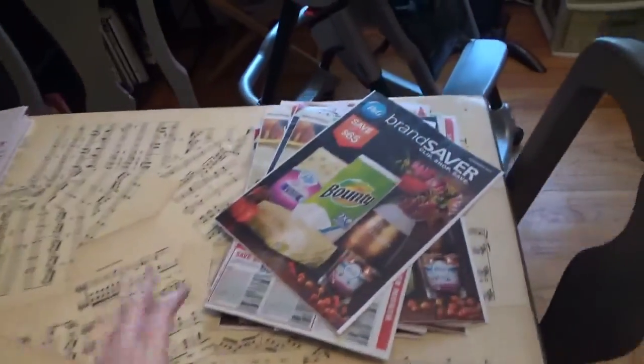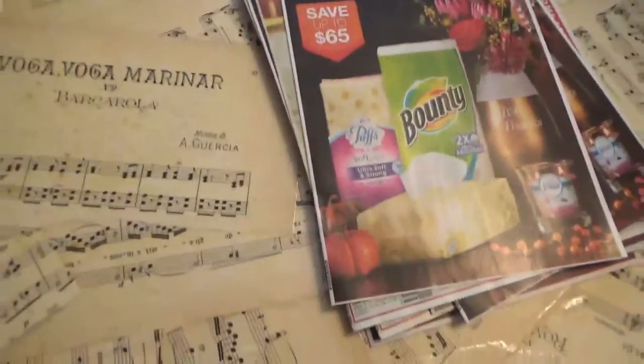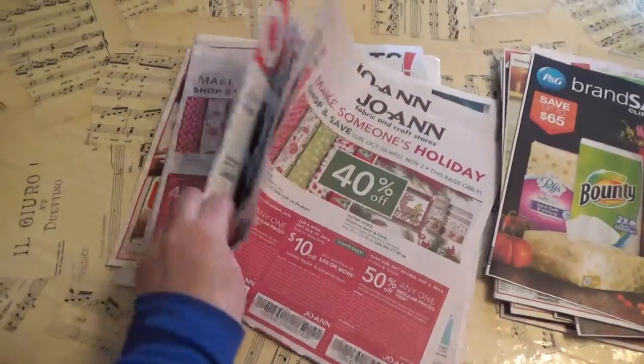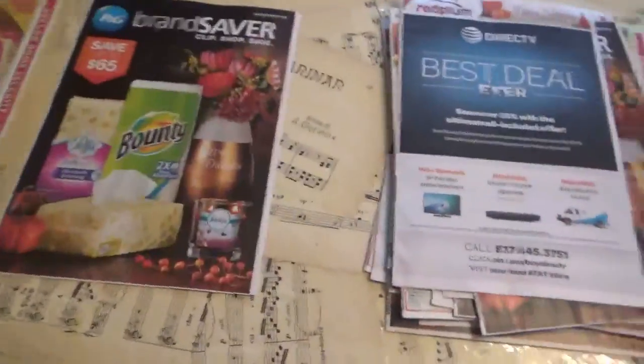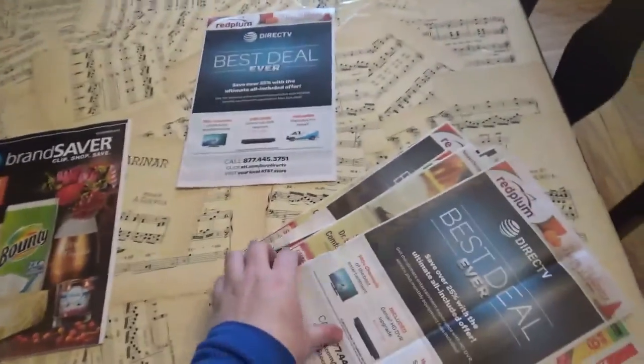Okay, so I have taken out all of my inserts, and I have them in a big stack. Also, I just wanted you to see, I do save some of the store circulars as well. What I do now is I take each one, and I'm just going to show you real quick. I'm going to move the pile a little bit. So I sort them out with like,